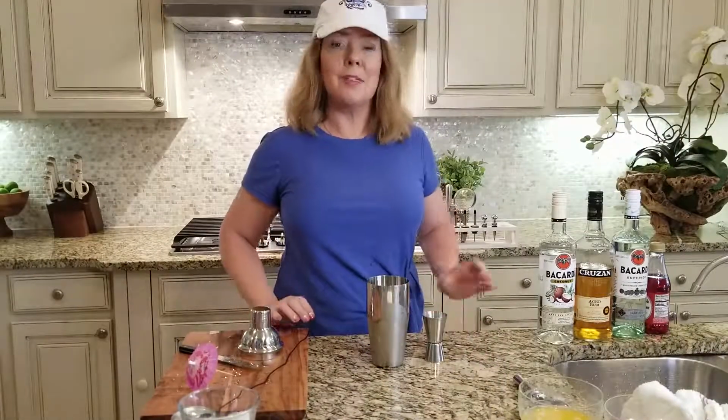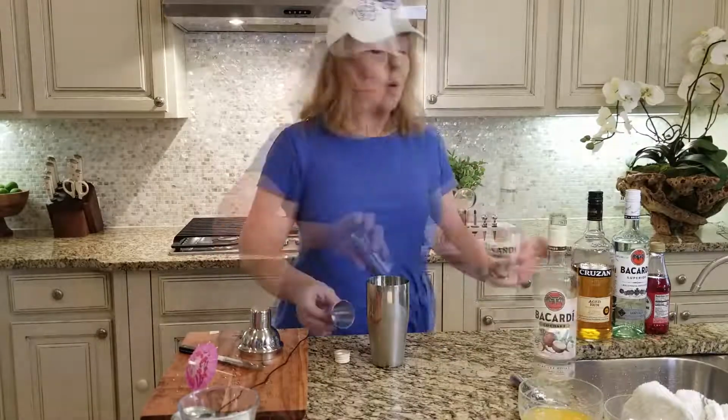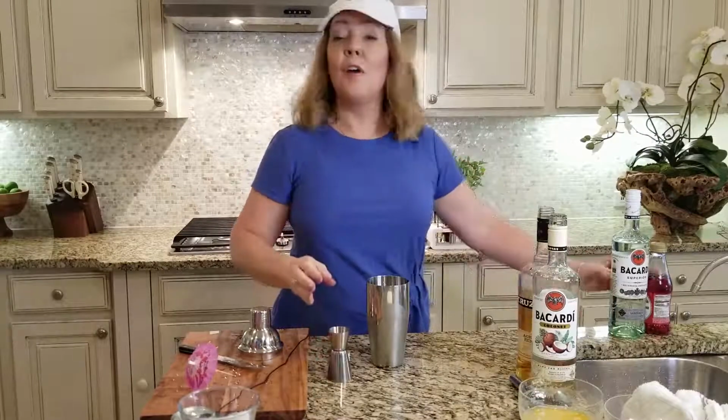So now I'm gonna put some ice in my cocktail shaker and in my glass. So next I'm gonna add the rum. So I need 2 ounces of coconut rum, 1 ounce of aged rum, 1 ounce of white rum,